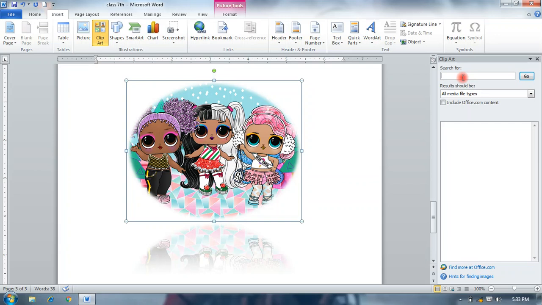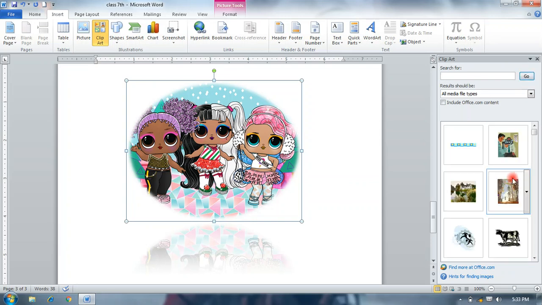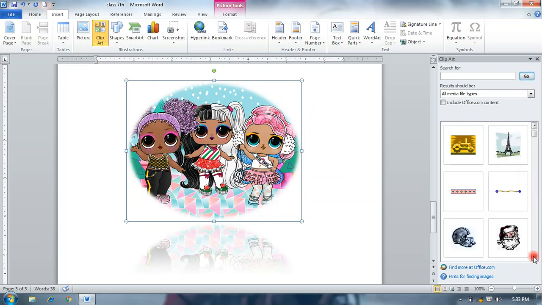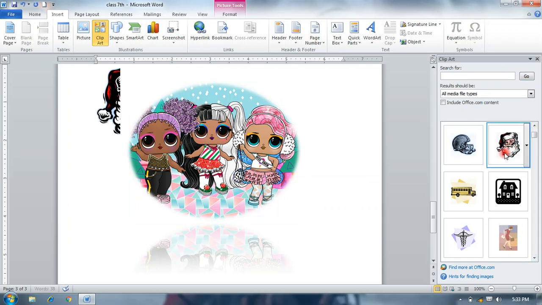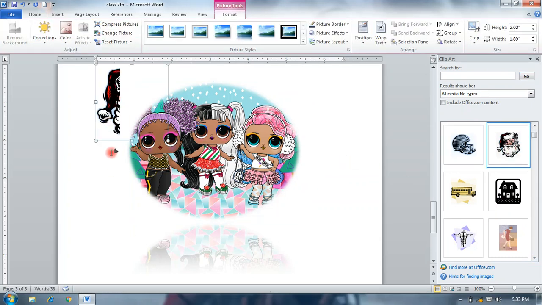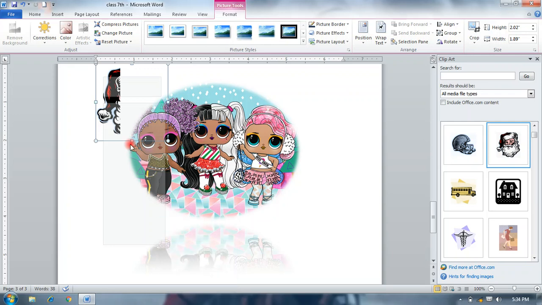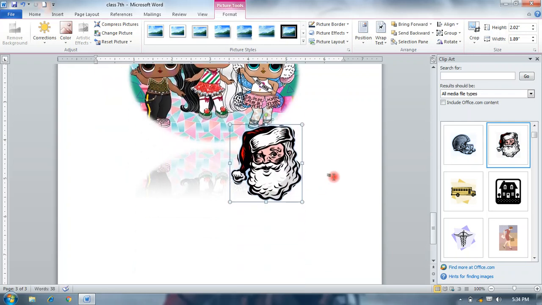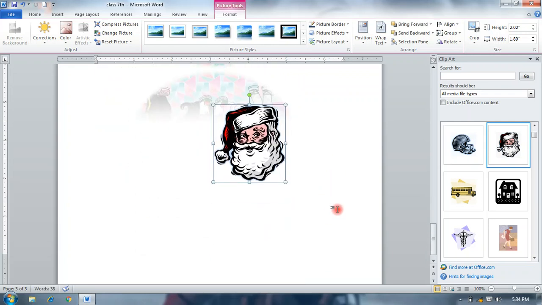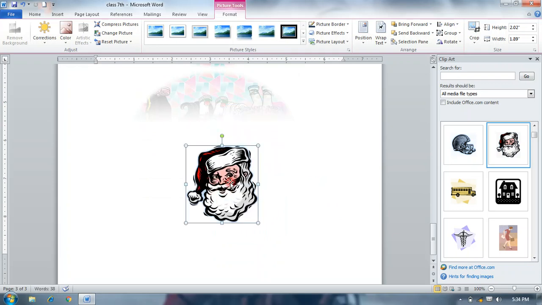If you type a particular picture here, or otherwise click on Go, different clip art is available. You can select this clip art picture, and when it is selected its formatting options open, and we can apply them as per our requirement.